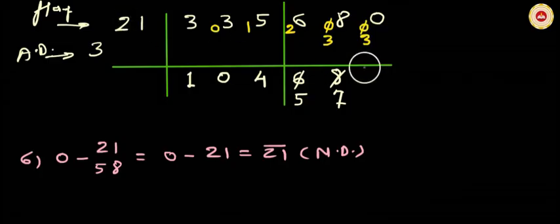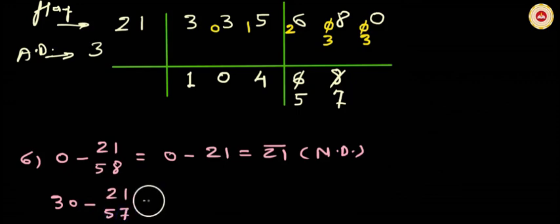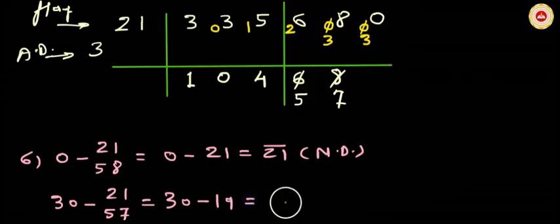So with this new gross dividend, let us repeat this step. 30 minus cross product of two flag digits and last two quotient digits 5 and 7, okay, which gives us 30 minus 7 twos are 14 plus 5, 14 plus 5, 19, which gives us how much?